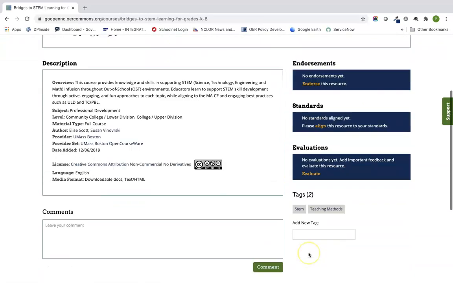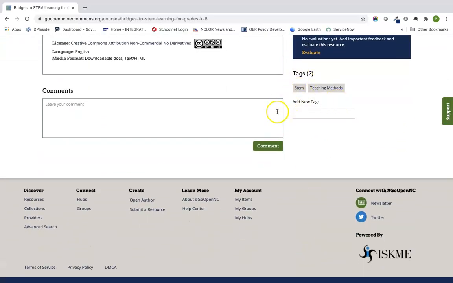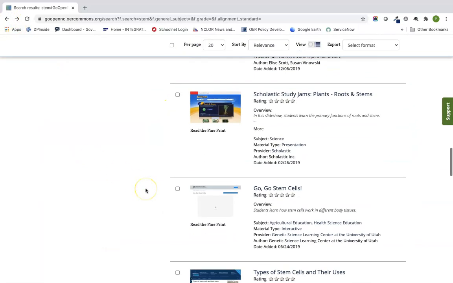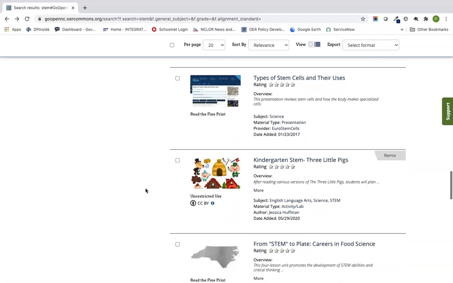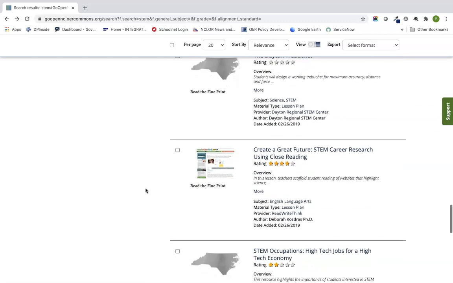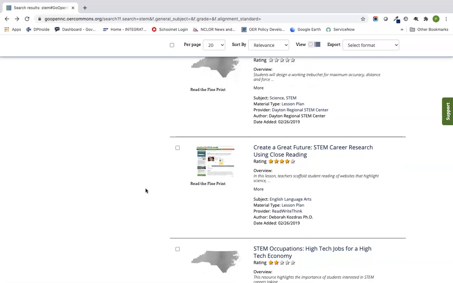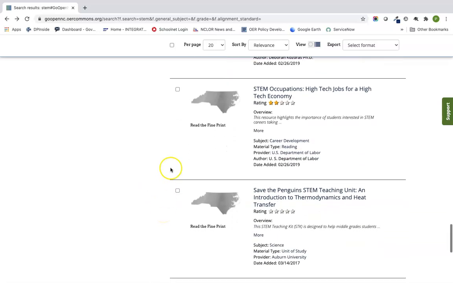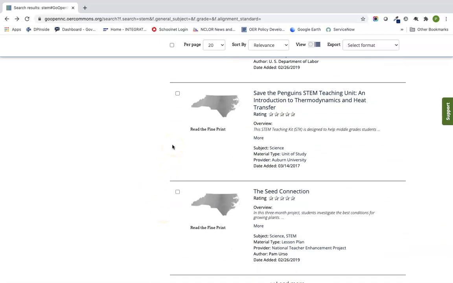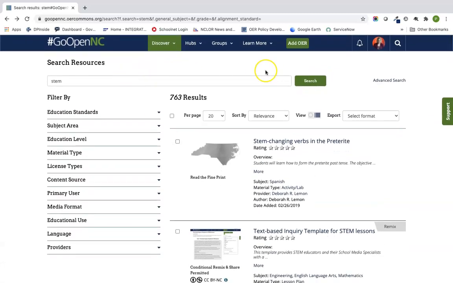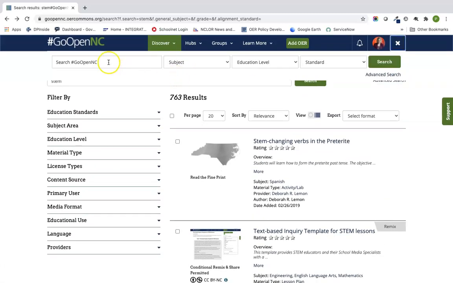So let me look at this one. Right, and so this one also does. But if I wanted to create my own collection of resources for just my PSU, be thinking about a short phrase. It can be more than one word that you would like to start adding to different items to build a collection, right? So let's go back to our idea of maybe I'm going to look for resources on